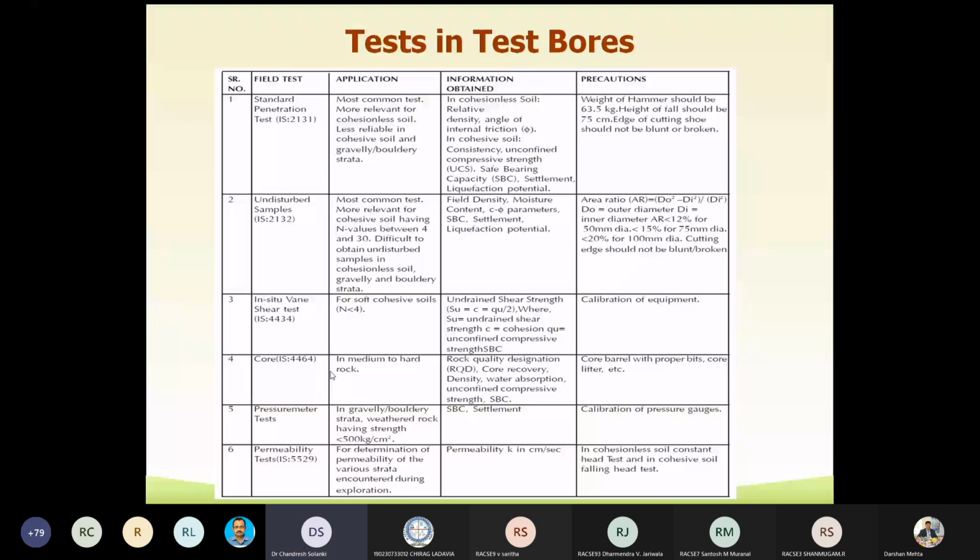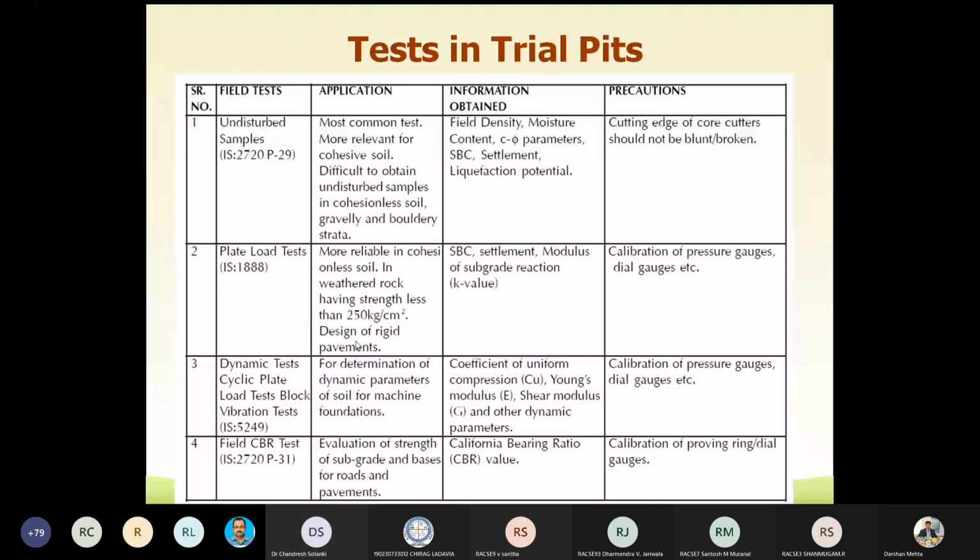Some of the things regarding some of the tests will be discussed here. What are the tests to be conducted in the trial pits? Generally in the field, we perform tests in the test bore or in the trial pits. So what are the field tests to be conducted? Undisturbed sampling, plate load test, and dynamic test. IS 5249 is the Indian Standard code for performing the block vibration test and cyclic plate load test. This test gives us the value of the